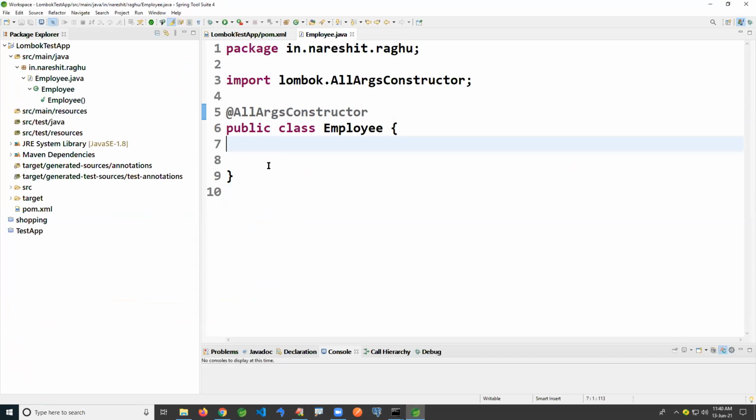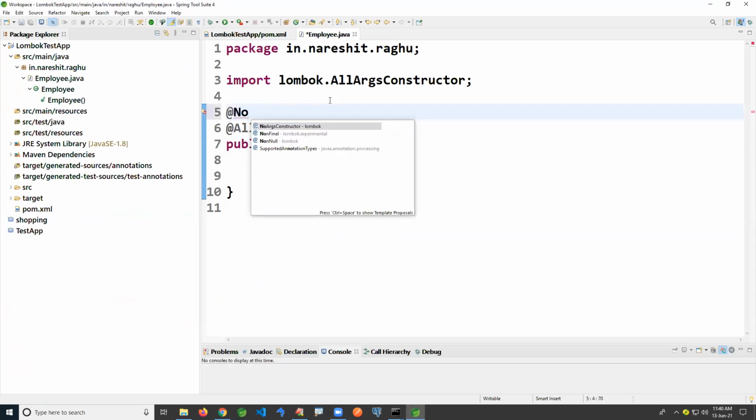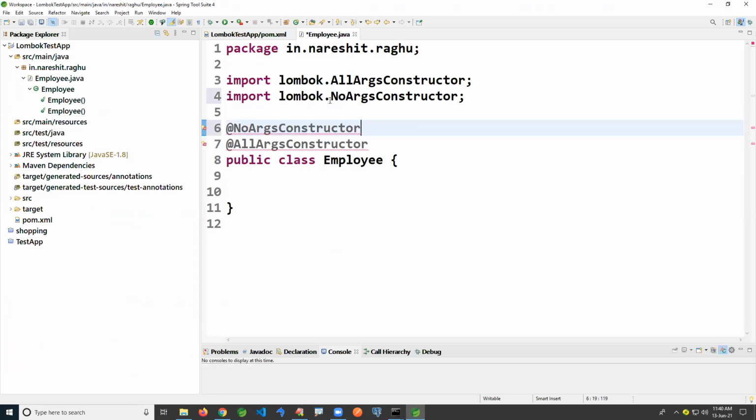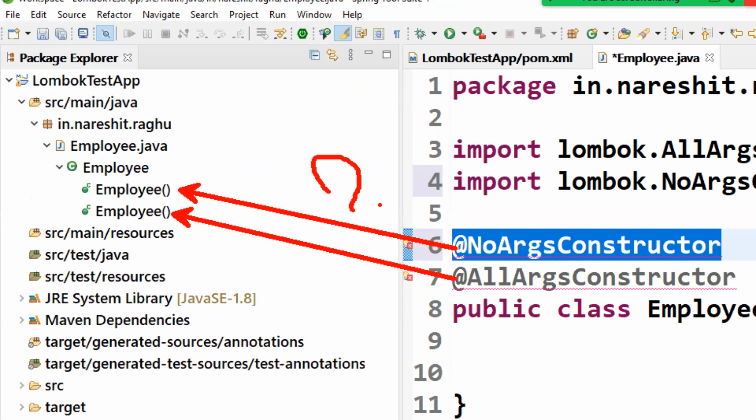If you have no variables and I write two annotations, @NoArgsConstructor and @AllArgsConstructor, in this case it is giving an error. Why is it giving an error here? You can see @NoArgsConstructor is generating one default constructor, and @AllArgsConstructor is also generating one default constructor. Why like that?